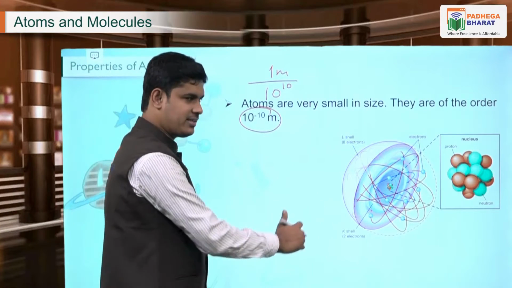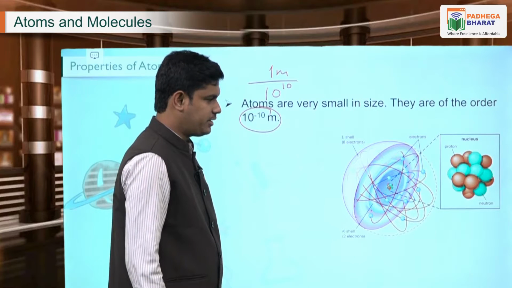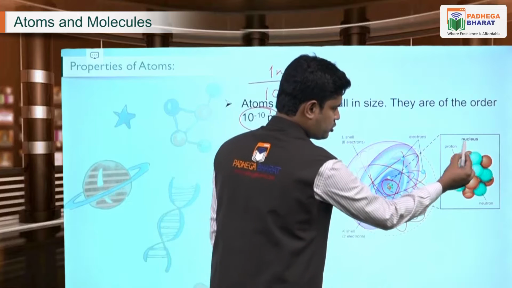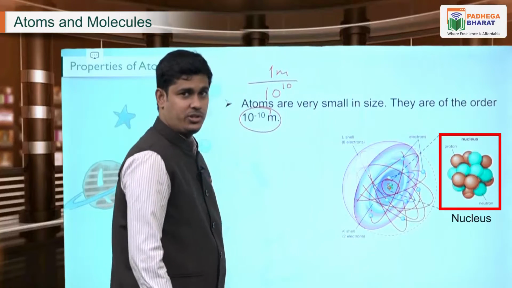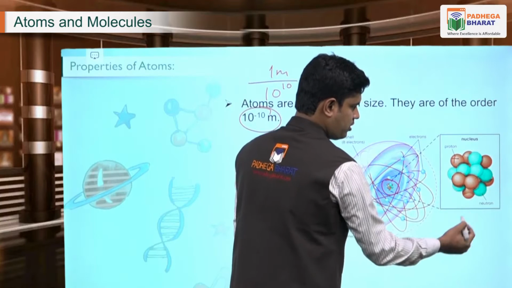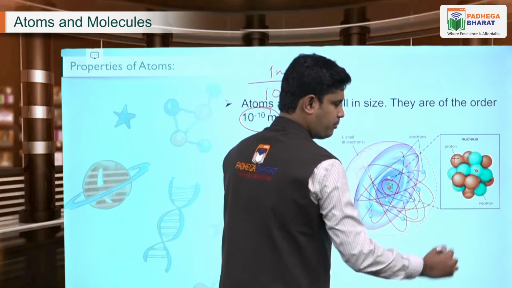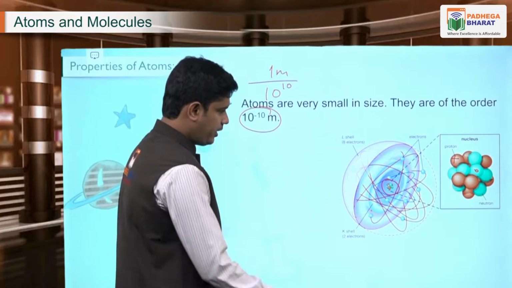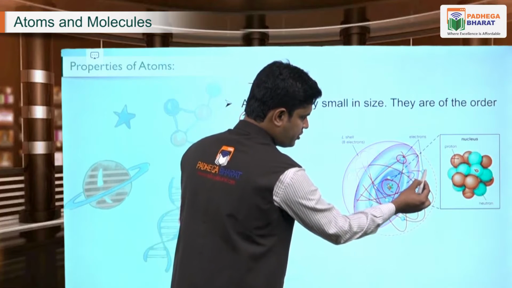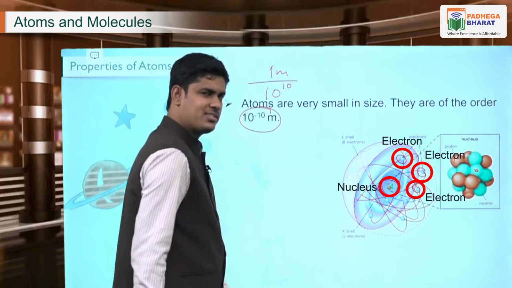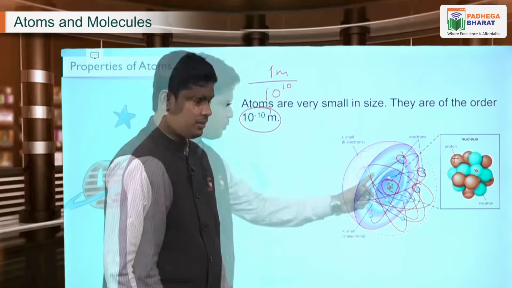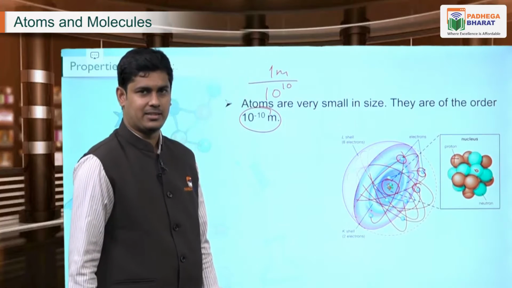And as you can see on the right hand side, there is a figure describing the atom. In the center of this, you can see a small particle that is known as a nucleus. And the nucleus consists of positively charged protons and neutral particles known as neutrons. And around this nucleus, we can see a large number of electrons surrounding it. You can simply imagine this as a solar system, where the nucleus is our sun and the electrons are the planets.